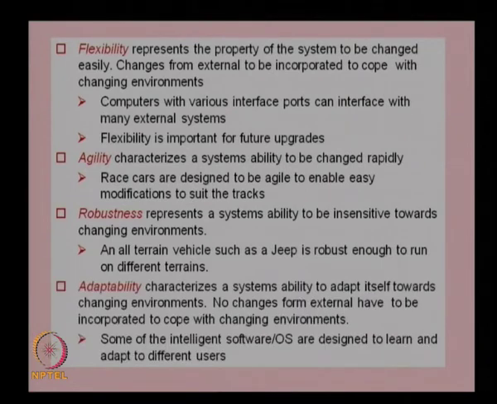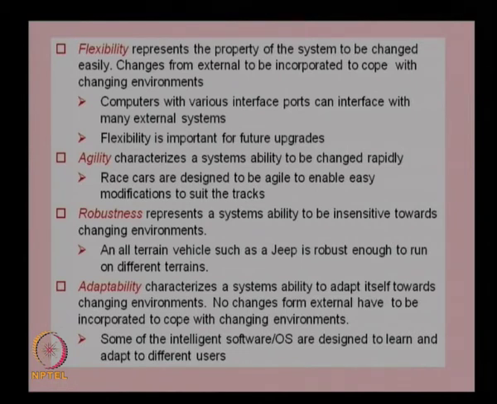And the last one is adaptability, which characterizes a system's ability to adapt itself towards changing environments. No changes from external sources have to be incorporated to cope with changing environments. Some of the intelligent software operating systems are designed to learn and adapt to different users. So, that is adaptability. You adapt to the changing environment, or you learn from the environment and then modify the system or its performance accordingly, and this is known as adaptability.